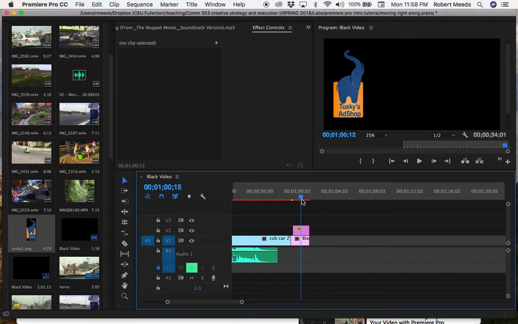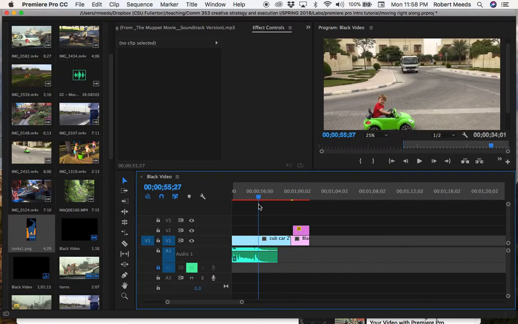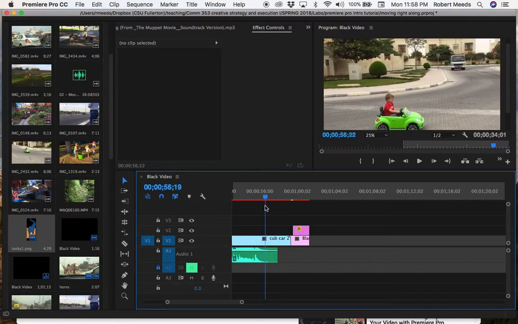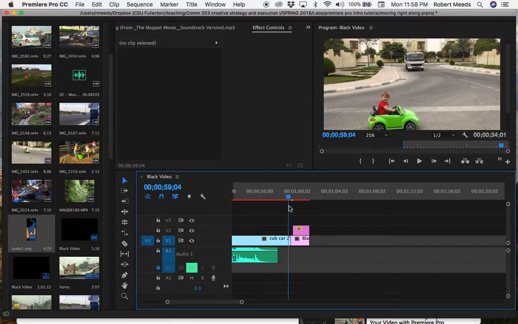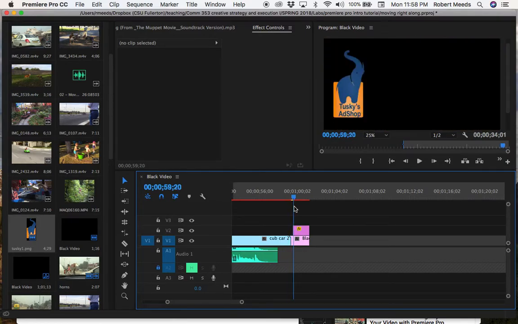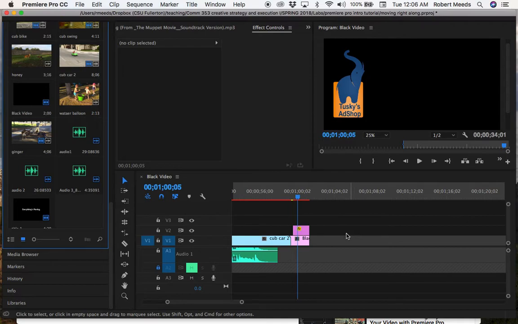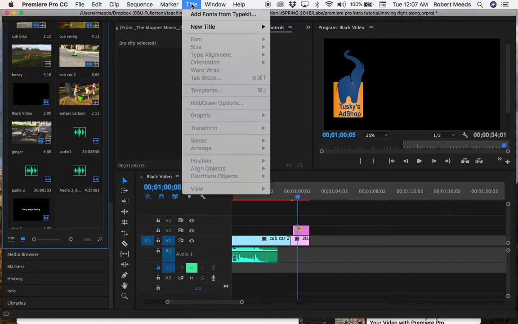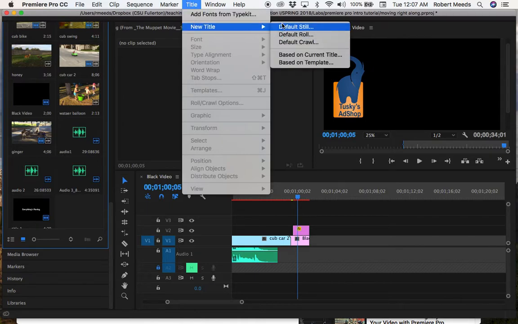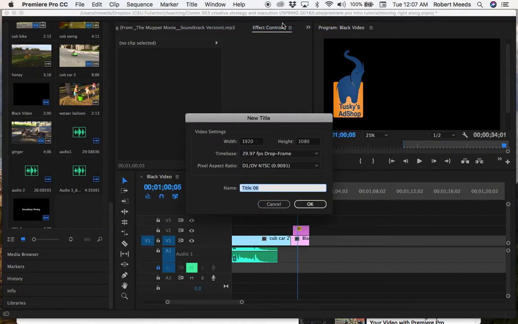So let's get up to about where we want the theme line to start. We'll have the logo. We have the video ending. There's our audio ending. Transition to the black, and then the logo pops in, and then just a little bit later let's have the theme line pop in about right there. To get our theme line, as you might guess, we're going to make a new title. So we're going to do new title, default still, click OK,